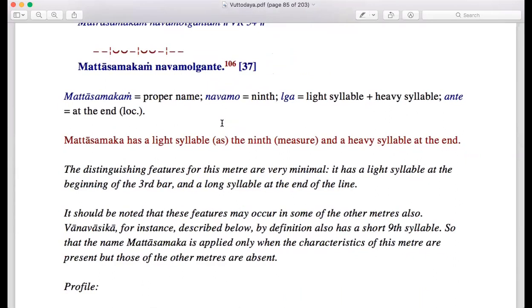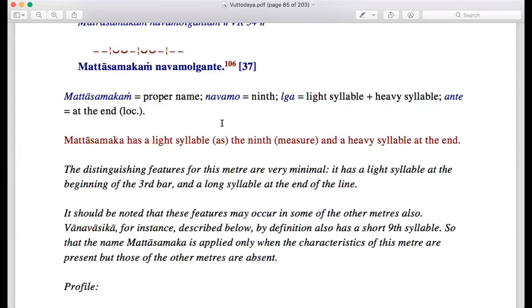Yes, but I have a question. Here it says that at the end it has to be a heavy syllable. Does this have to be heavy, or can it be the antagaru, Bhante? The ending one, right? Yes. So can it be a light syllable and we take it as heavy? Yes, it can be a light syllable, and we can consider it as heavy. Technically, what it means is that for this verse, we can have 15 measures, right, Bhante?